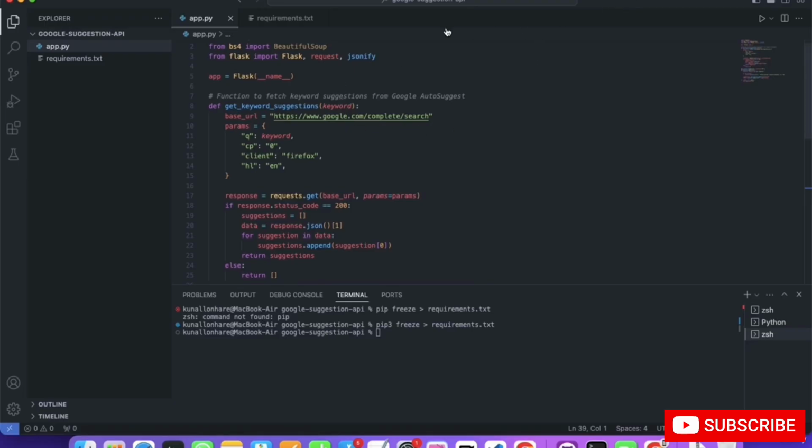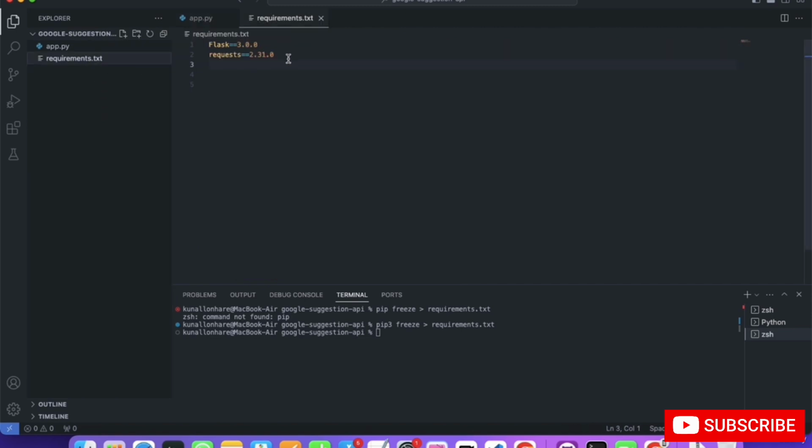Now guys, you can see that I have added one more file, which is requirements. You can simply click here and write requirements.txt, click enter, and a file will open. Here you just have to add the version names of Flask and requests. That is what I will teach you.